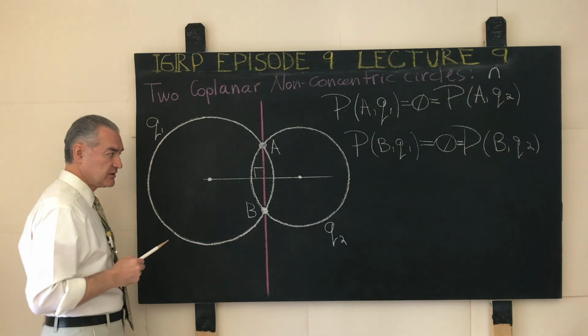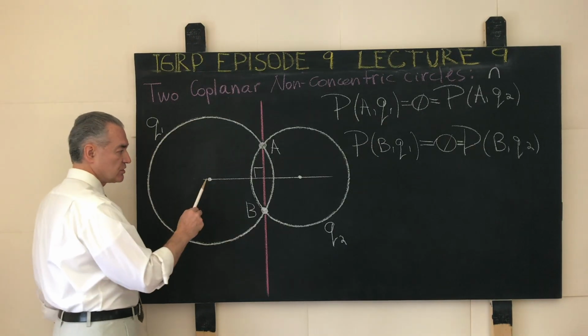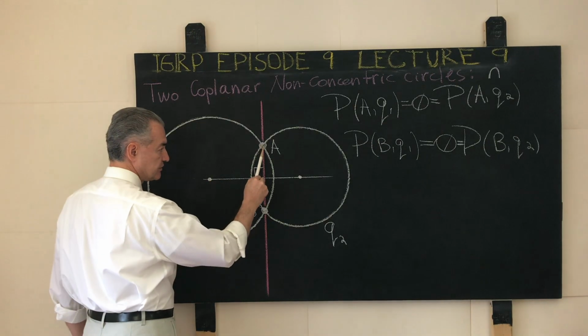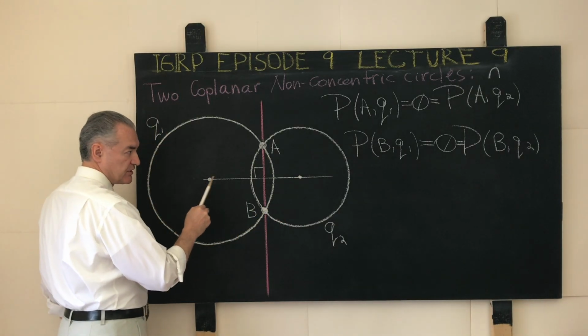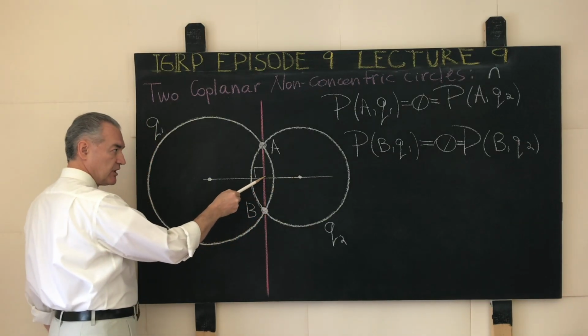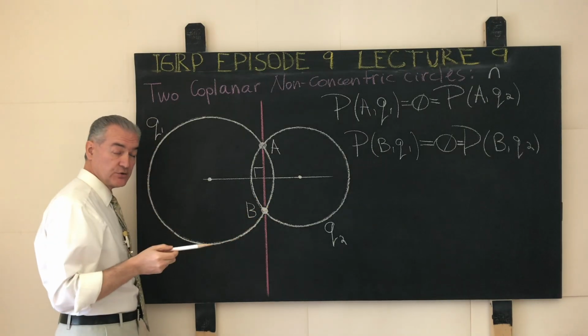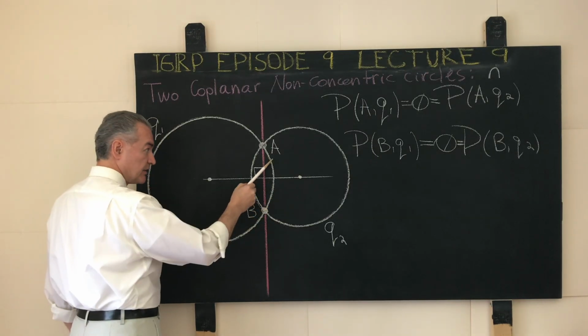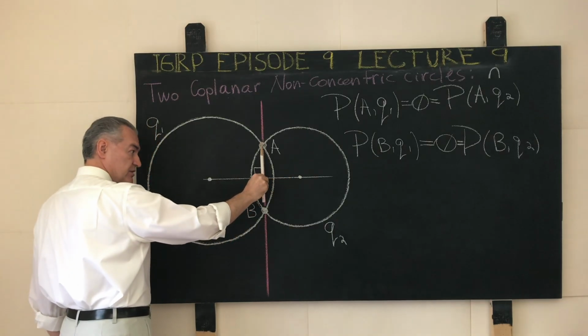I will leave it as an exercise to the viewer, but here is a hint: you will construct 2 auxiliary triangles. You will show that these triangles are congruent, which means that the corresponding angles will be equal. You will look at the smaller triangle, 2 triangles. By side-angle-side, these triangles will also be congruent. The corresponding angles will be equal, and then when one straight line stands on the other straight line in such